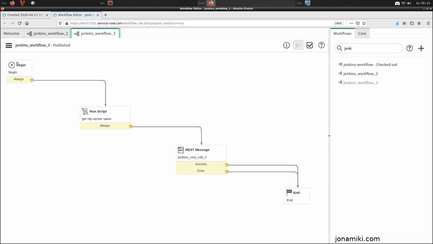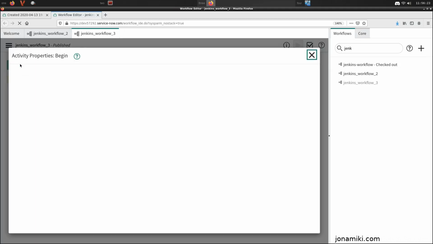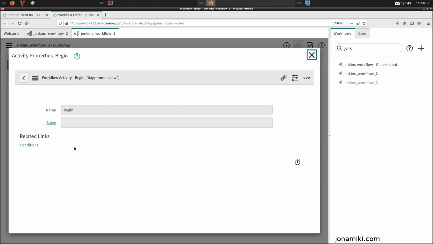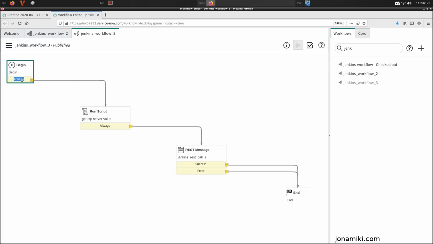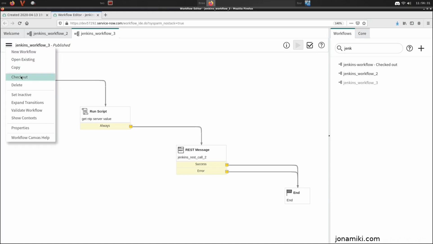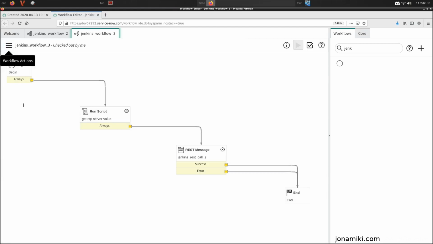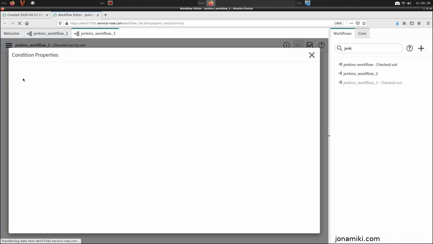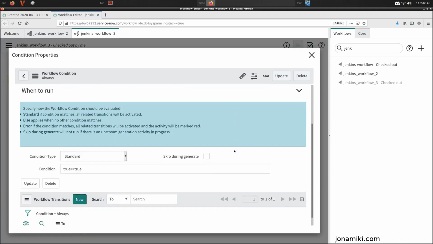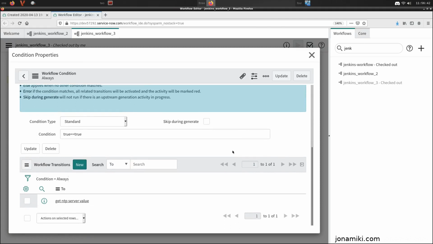We check some of the settings here. You can see it's very, very basic. We also need to check this out first, because if we don't check it out, we can't modify it, we can't check all the settings. You can see here that always, so in the begin process, we always have this link that triggers our script. So that's always true, and it triggers this get NTP server value part of our workflow,